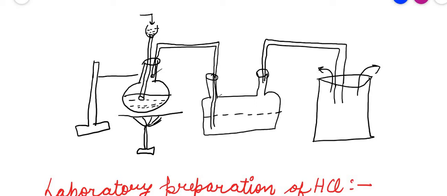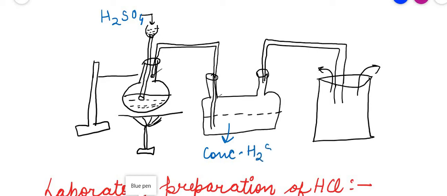Just label out all the things present there. The very first thing, this is the pipe that is containing your H2SO4. Here also we have concentrated H2SO4. If something remains unreacted there, it can combine again, and later HCl gas will pass out from that. Here we are getting our dry HCl gas, hydrogen chloride. And that is the inlet for air.